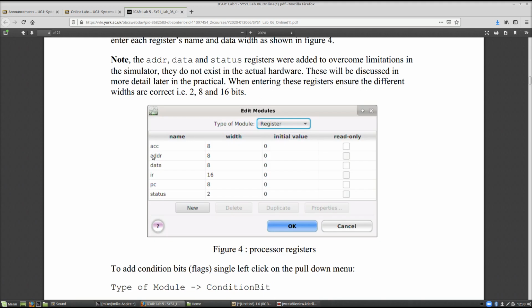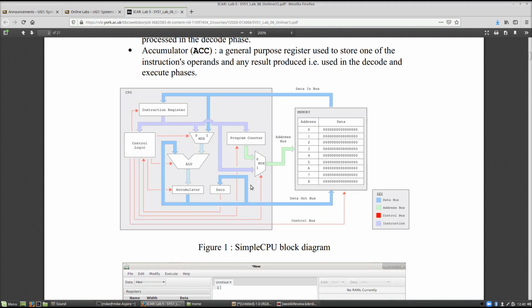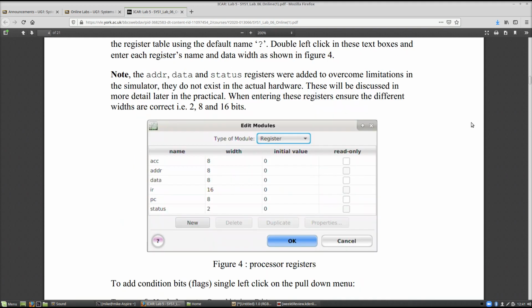So in the first part of the lab, we build our simulation model. A couple of compromises had to be made to fit into the way CPU Sim implements its simulation models. This involves the addition of these fake registers, the address and the data. In CPU Sim, all information has to come from a register, but in the simple CPU that's not the case. You can see here we have our address multiplexer and our data multiplexer providing information. Therefore, within CPU Sim, where you see the source specified as the address, that is coming from the address multiplexer, and when you see data, it's coming from this data multiplexer. But in CPU Sim, they had to be described as registers, and obviously they're not in the simple CPU, they're just multiplexers. Hopefully that small modification was not too confusing, but in task 1 you build this simulation model,